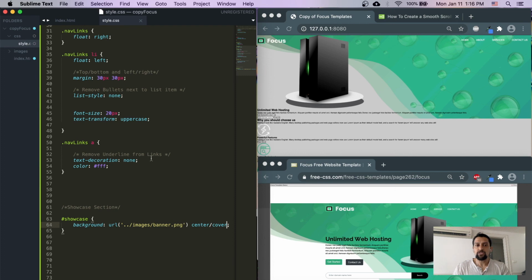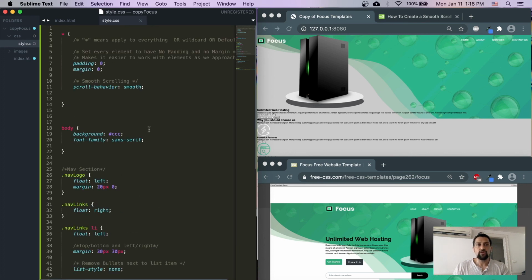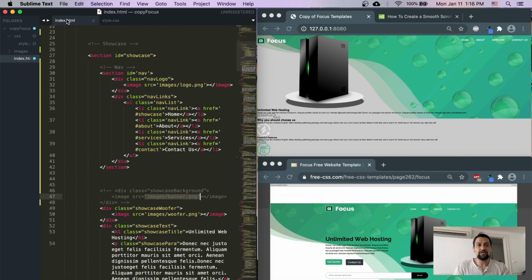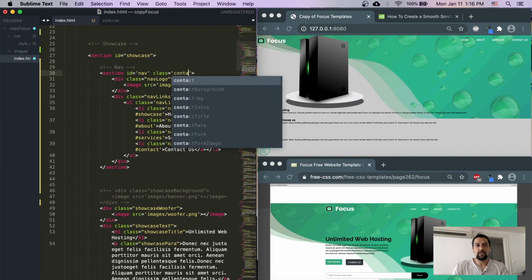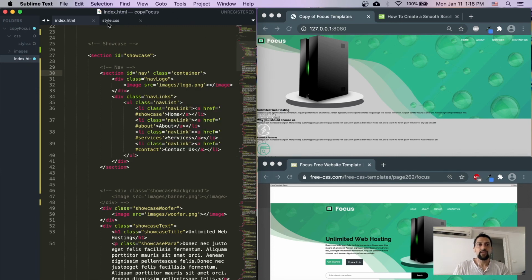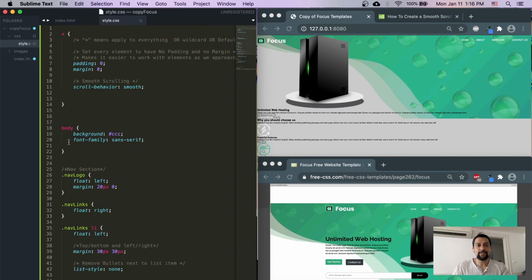And then if I want to put this focus inside and make it smaller, we're going to create what's called a container class. So section nav, and inside my section nav, I want to have all of this inside of a class of container. Class of container. And inside my class container,